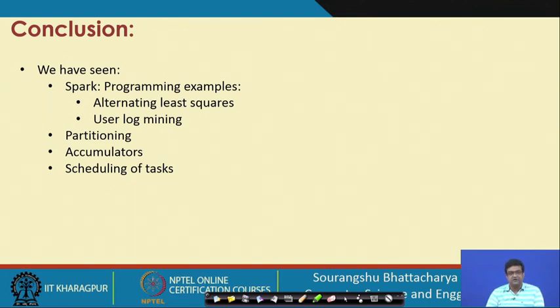We have also seen how the Spark scheduler internally operates, and how we can speed up various Spark programs using constructs such as partitioning and cache, and also how we can use accumulators and closures.